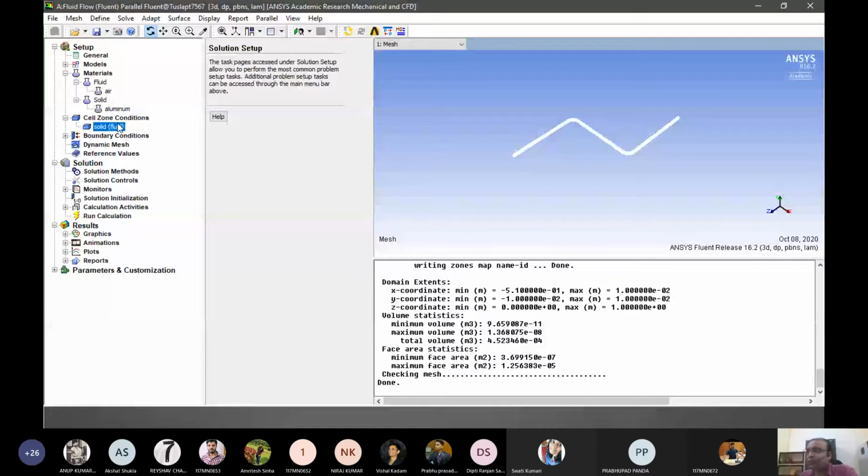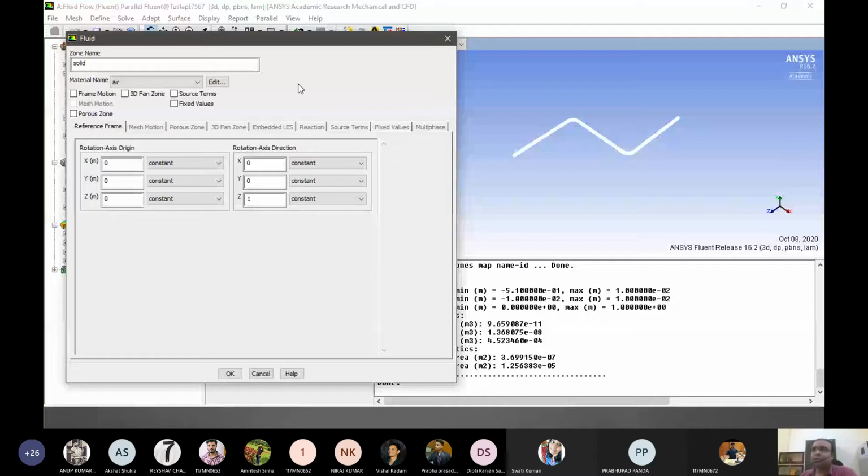If we would have selected water, we could have done water, but there are other options as well. Suppose we are simulating a rock kind of scenario, where we want our fluid to flow through rock. Suppose we are doing a chemical grouting operation, and we want to see how the fluid flows through the porous material and how it behaves.